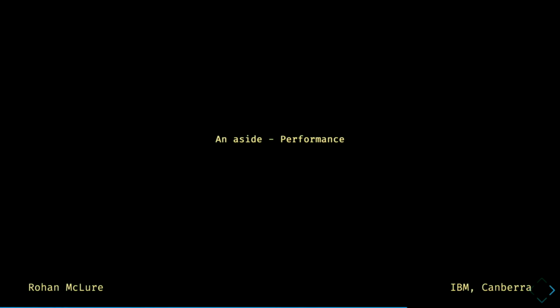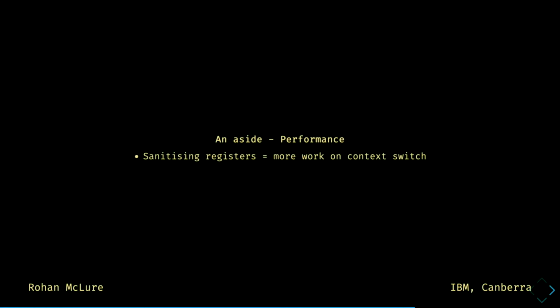All right, so how did we do with performance? We're having to save more registers, in that we hope to sanitize all of the user's registers and then eventually restore them. And so saving to the stack, restoring from the stack, it's going to be hella slow, right? Oh, sorry, sanitizing more registers. Clearly that's more work on every context switch. And it turns out I made things faster. I made context switches faster, accidentally.